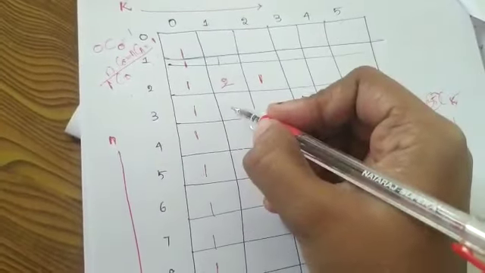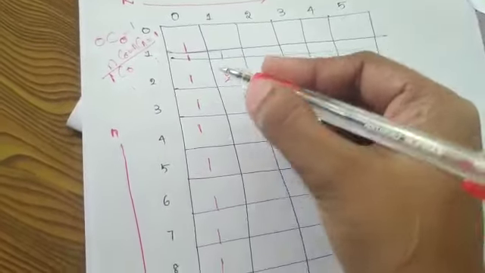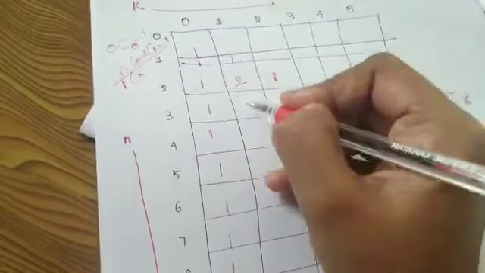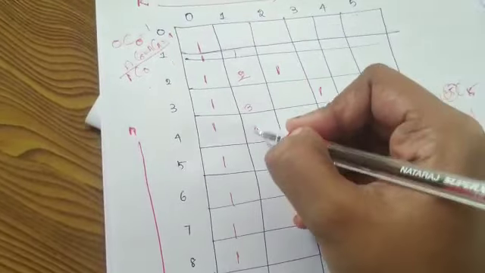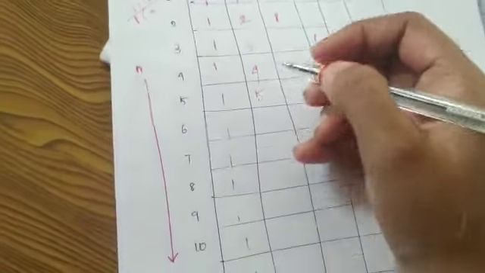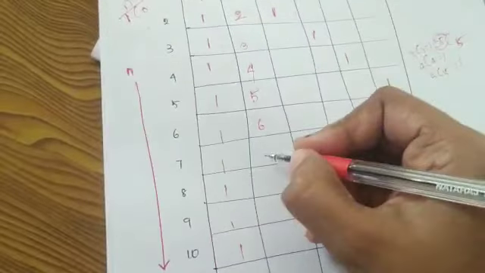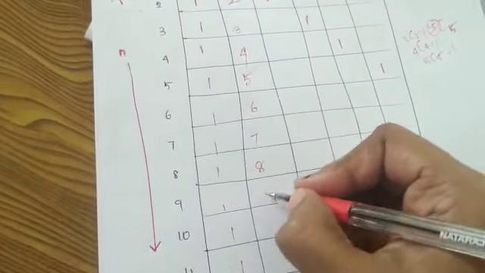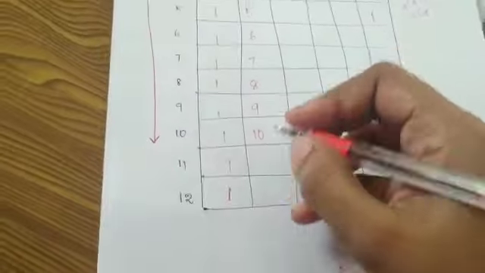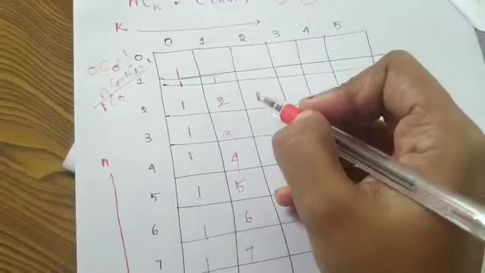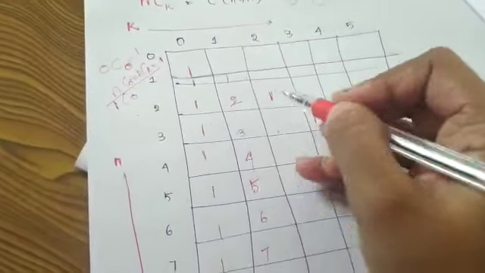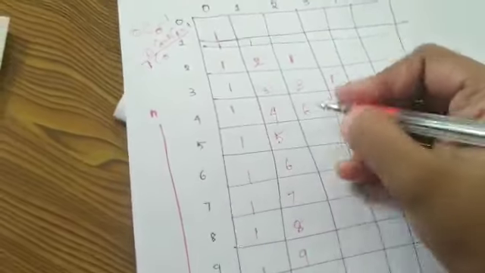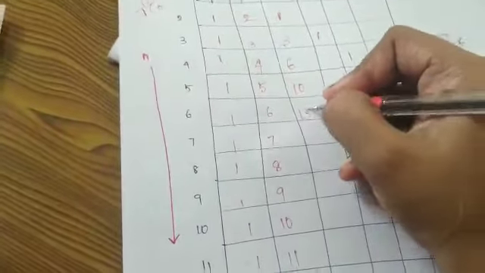And 3C1 is the sum of 1 and 2, which is 3. For the next box, the sum of 1 plus 3 is 4, then 1 plus 4, 1 plus 5, and so on down the column. Likewise, we calculate the sum of the adjacent boxes above the cell. So here 2 plus 1 is 3, 3 plus 3 is 6, then 10, 15,